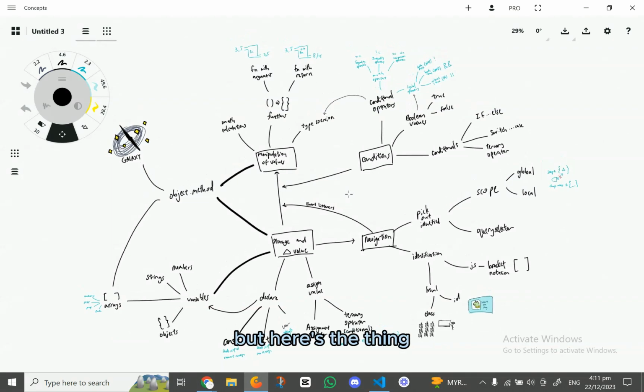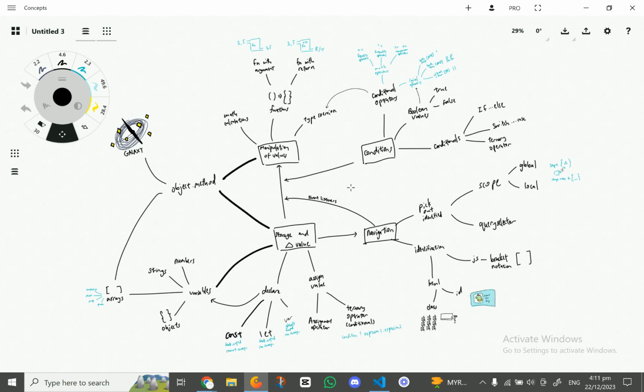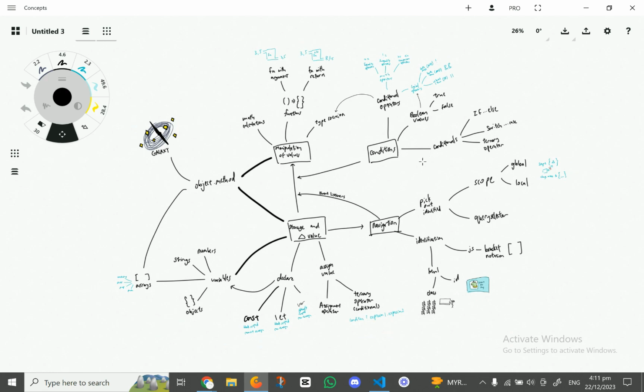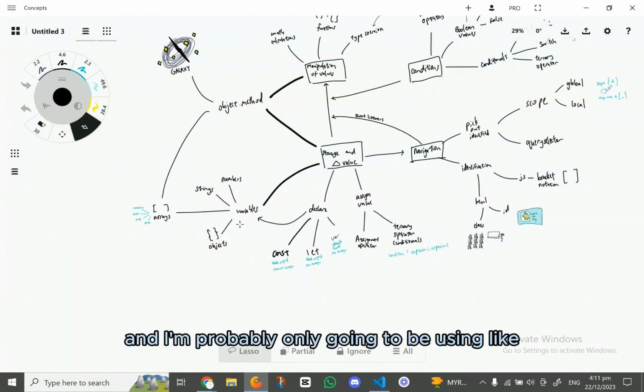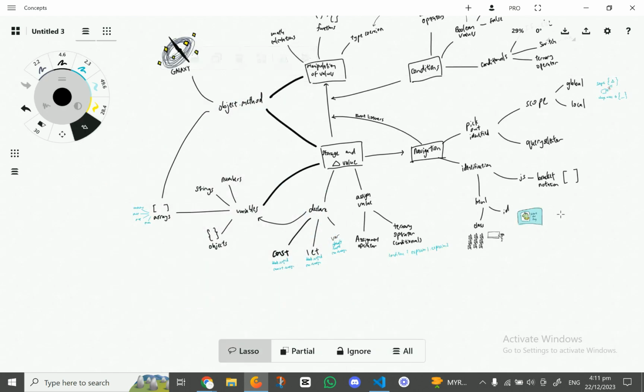But here's the thing, my goal was never to be even a competent coder. So I feel like a lot of these things won't apply to me. And I'm probably only going to be using a few of these things.